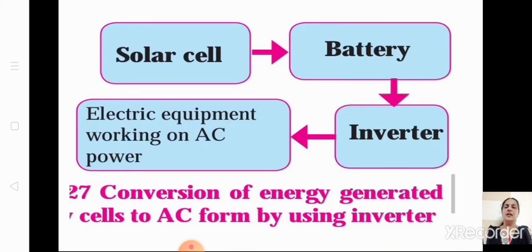See, you can get solar energy only during daytime. So the energy which is produced is stored with the help of a battery, and the inverter is connected to that, because all the equipment used in our household uses AC current. So when you get this energy in the form of DC, it has to be converted into AC current with the help of the inverter.